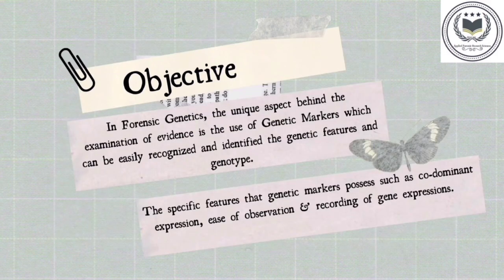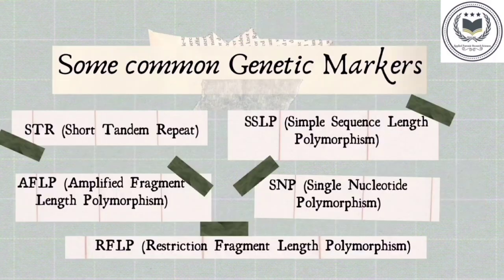Now we move towards the objective behind forensic genetics. The objective behind the examination of evidence is the use of genetic markers, which easily recognize and identify the genotype and genetic features of an individual. Another feature is that genetic markers possess gene expression such as codominant expression, which is not common in every individual. Various common genetic markers